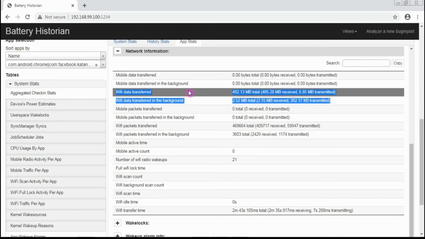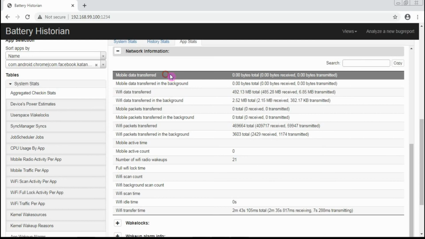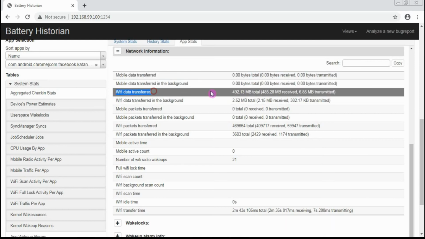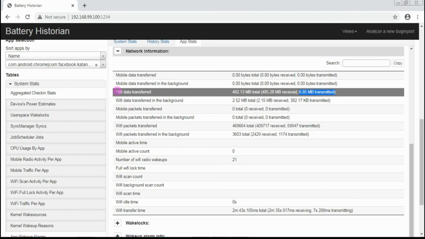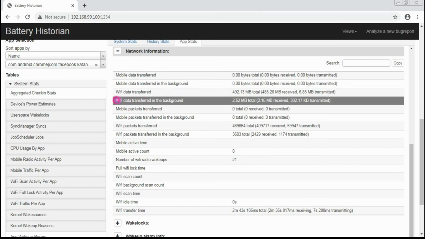So if you see here, mobile data transfer is 0, but my Wi-Fi data transferred is showing 592 MBs, out of which 485 MB was received and 6.85 MB was transmitted, that is sent. Now, out of this particular data, my Wi-Fi data which was transferred in the background, like I said,